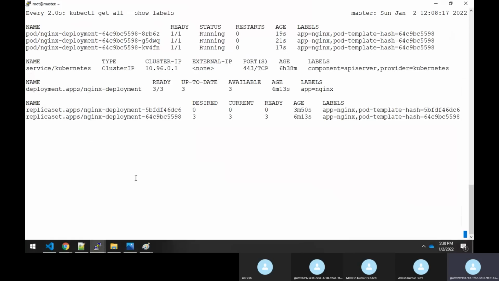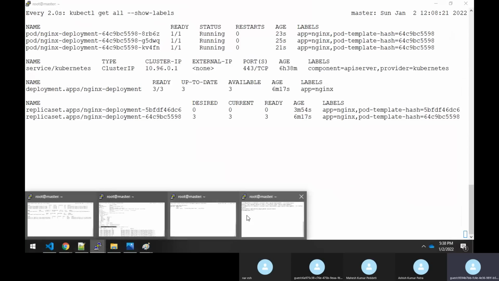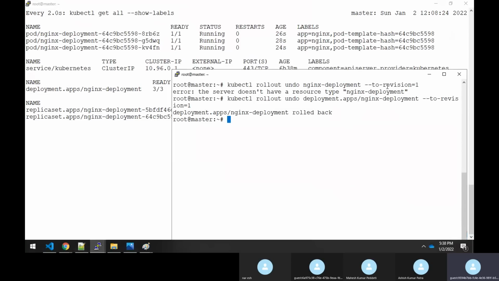Now you say, Rajesh, suppose anyone comes, he can always roll back like this. Suppose I want to pause it. I don't want to allow any other person to do a rollback. In that case, you can say kubectl rollout pause and specify the deployment, sir.